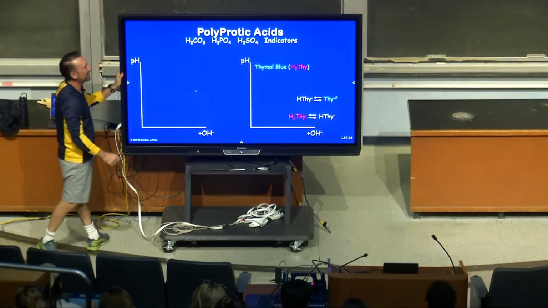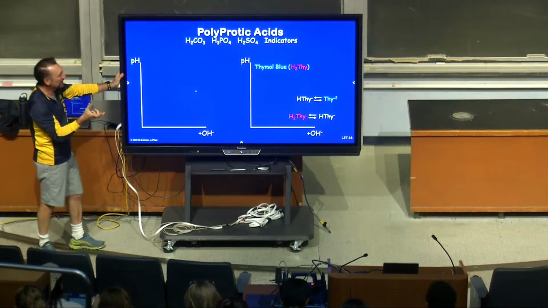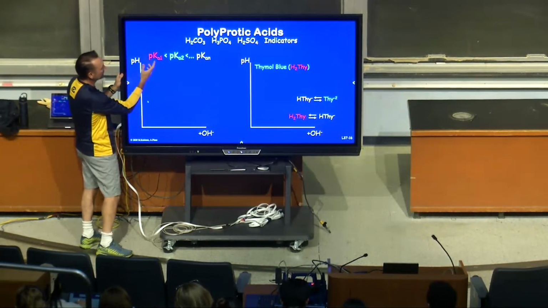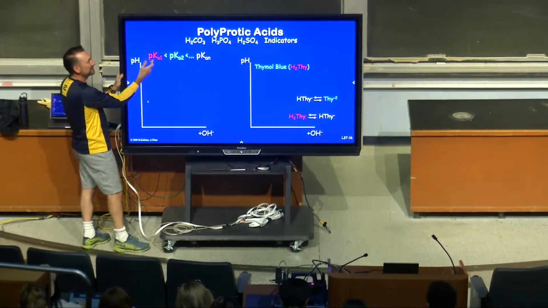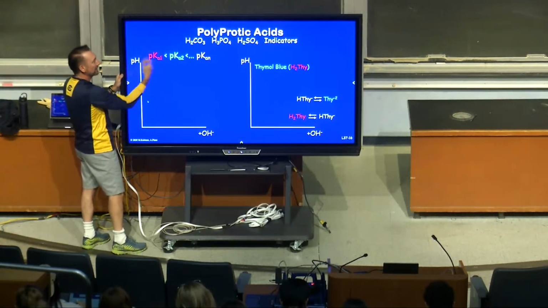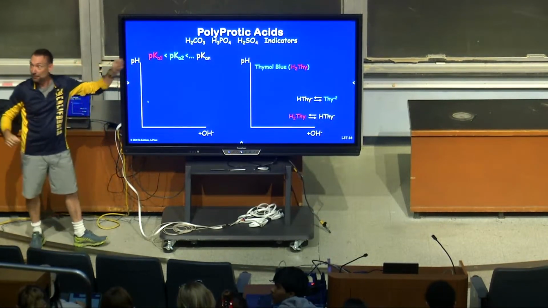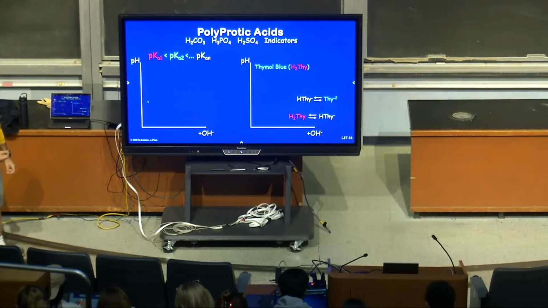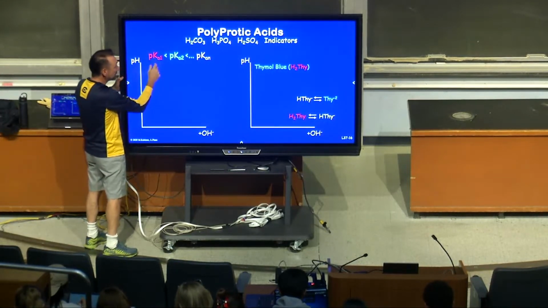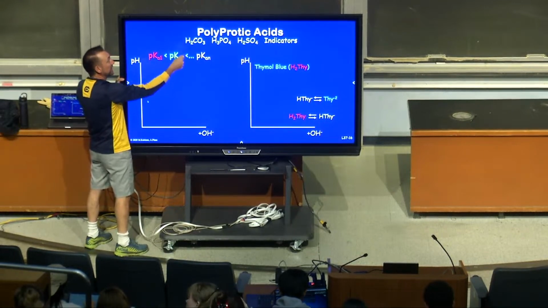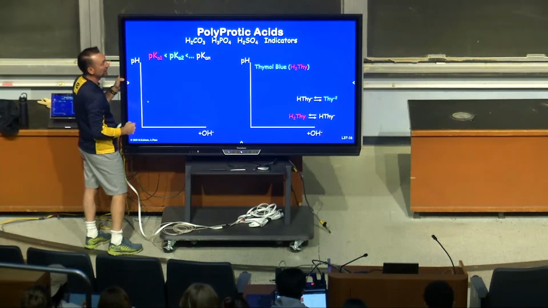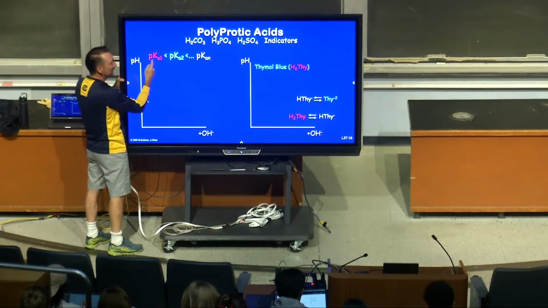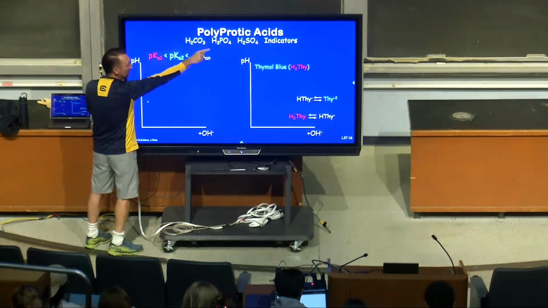Each one of them has an individual K. You can treat them kind of individually. So let's just look at that. Each proton that comes off will have a tendency to come off based on the equilibria of the ions involved. So each acid has a pKa. Each proton has a pKa, is the way to think of it. And in general, as you pull them off, the acid gets weaker and weaker and weaker. It's harder to keep pulling them off. It's harder for the protons to leave the acid. So initially it might act as a relatively strong acid, but it'll get weaker and weaker as you continue to